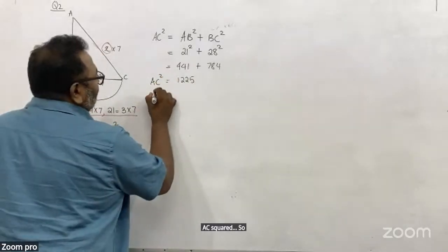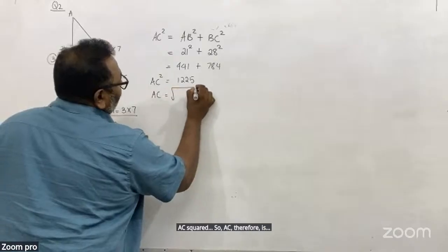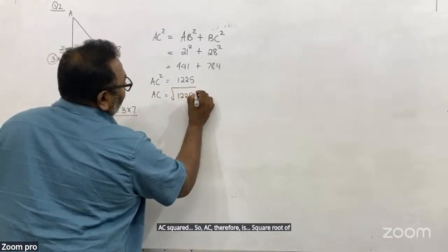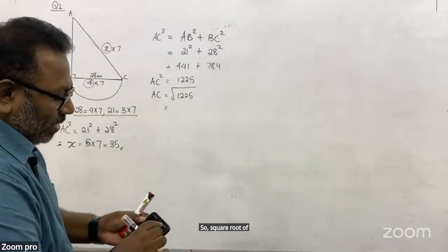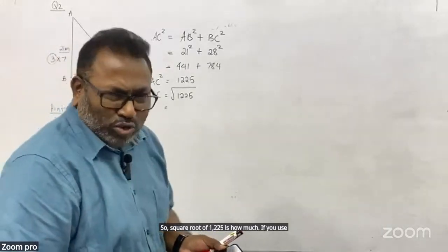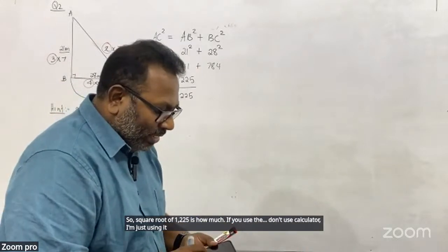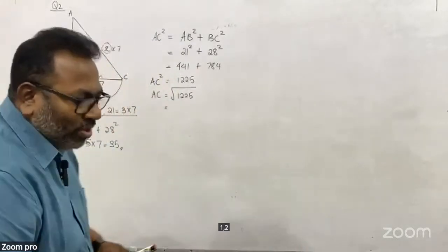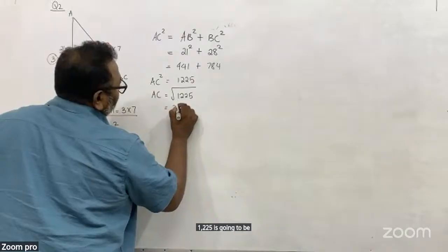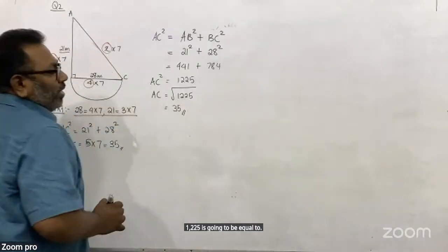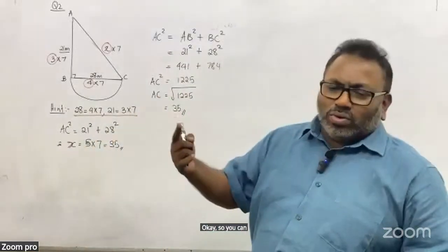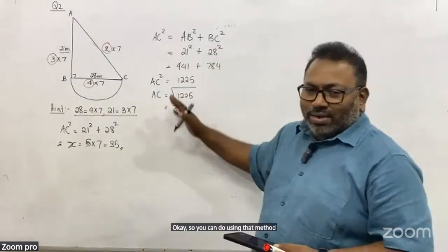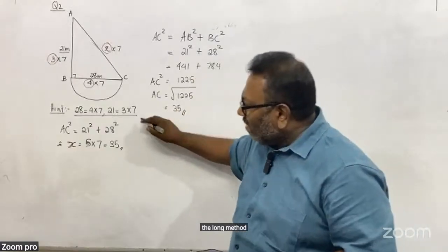So AC therefore is the square root of 1225. So the square root of 1225 is how much? Don't use a calculator, I'm just using it to show you guys. 1225 is going to be equal to 35. Okay, so you can do it using that method as well, the long method, but they are giving you this